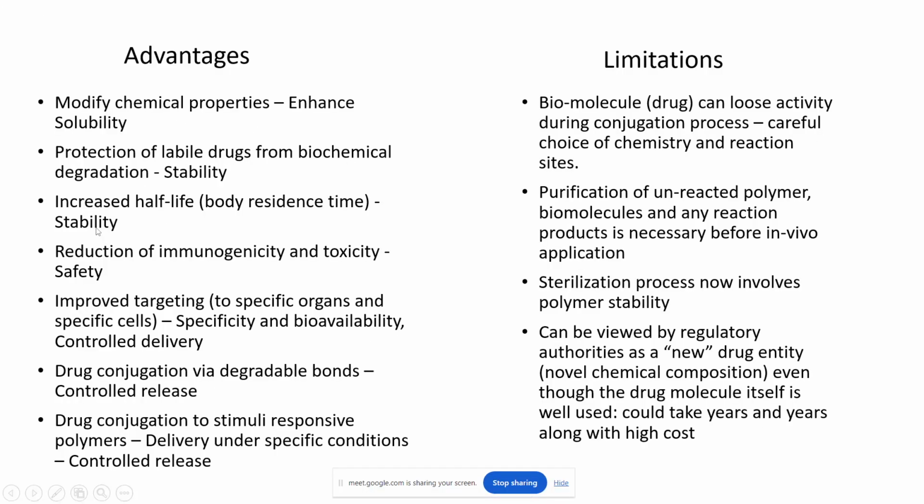Provides stability, increases half-life, reduces immunogenicity and toxicity, improves targeting, specificity and bioavailability, and drug conjugation via degradable bonds for controlled release. And it can also be made to release in a stimuli responsive manner. So under specific conditions only it will release. So these are the advantages of drug conjugation to polymers, and limitations would be it can lose activity during conjugation